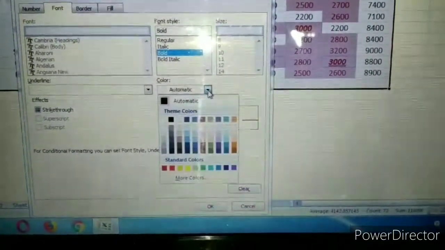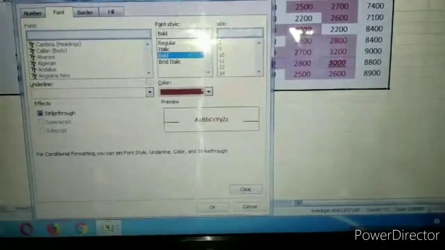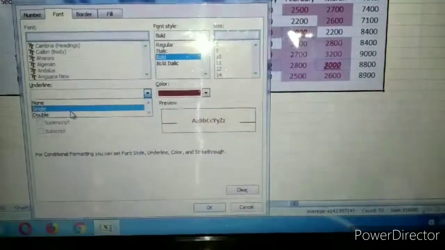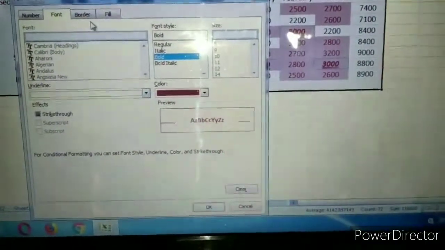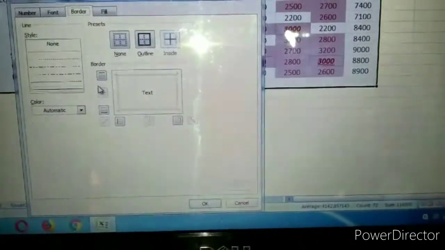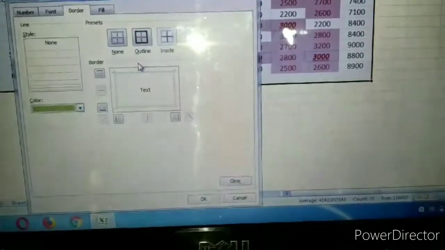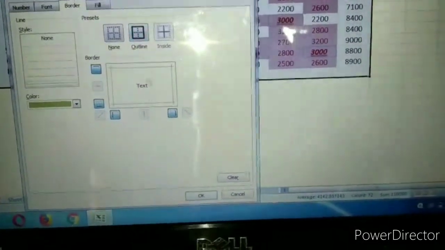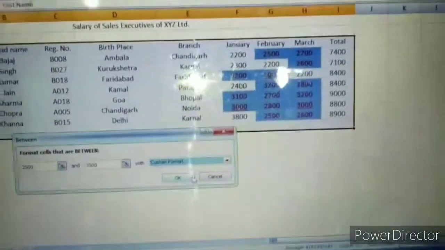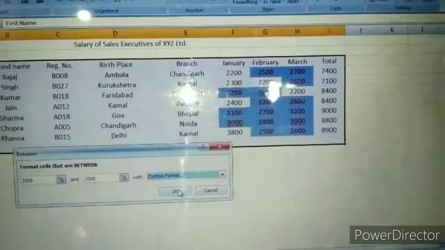And the color we take this, and here you can give single line, double line, whatever you want, and here we want to give outline, and OK. You see here the yellow blue color already came.